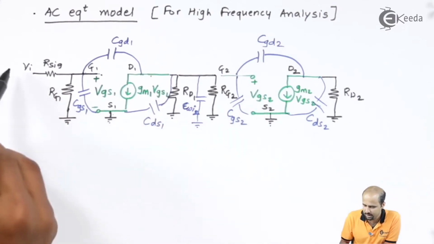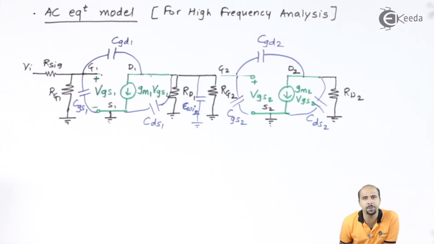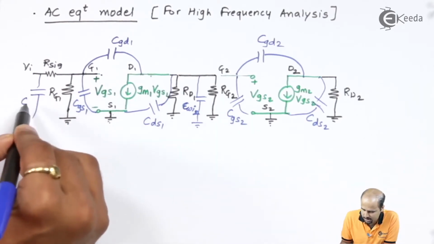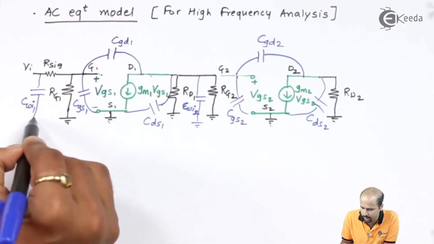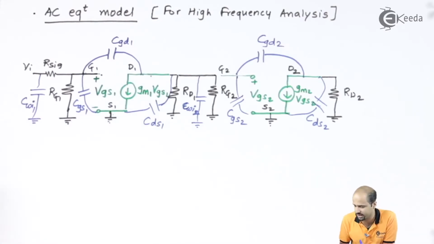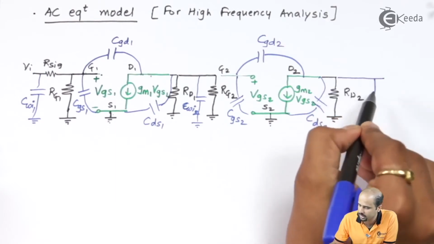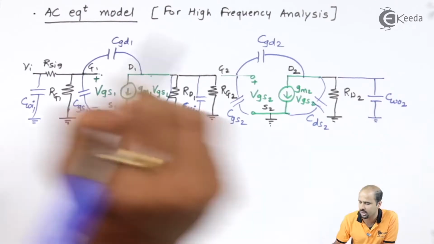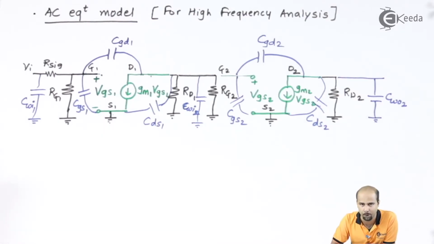Now similarly, this input is connected somewhere to your input power supply. So I can say that there also we will be getting a capacitance, and that capacitance forms your CWI1, wiring capacitor at the input side. Similarly, at the output side, we'll be getting another capacitance, that is CWO2, the wiring capacitor at the output of stage 2. Okay, as far as all the capacitances at the higher frequencies are concerned, we'll have to learn how many RC circuits we will be getting, and how I can find out the higher cutoff frequency.